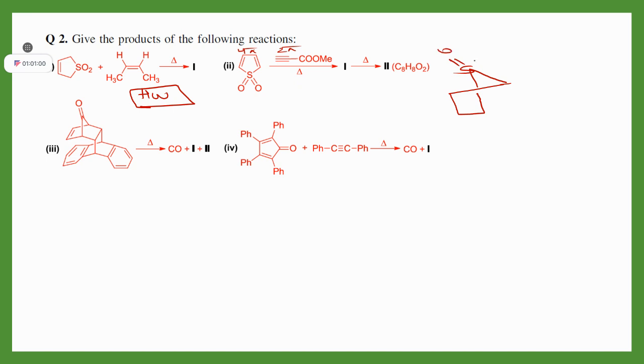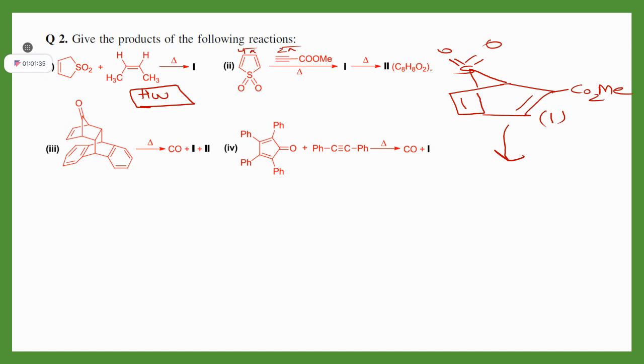I am just drawing it in this way. Correct? One bond will come here, and a new bond is going to form with this propionate. We can call it methyl propionate. Why? One, two, three carbons are there, na? And O, methyl propionate, CO2Me. Correct? After that, this is your intermediate.